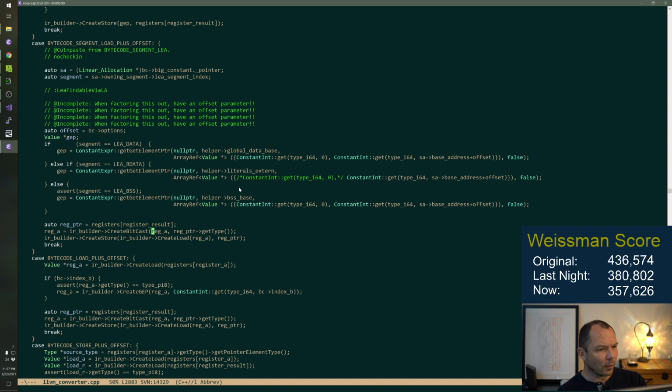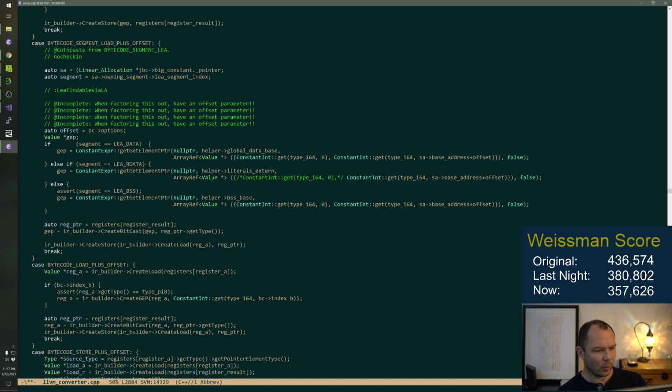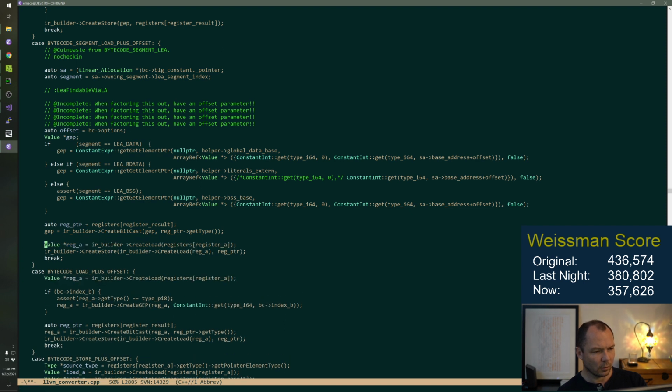We want to say gep gets casted to the target register's type. And then we create a load. Create load from gep.